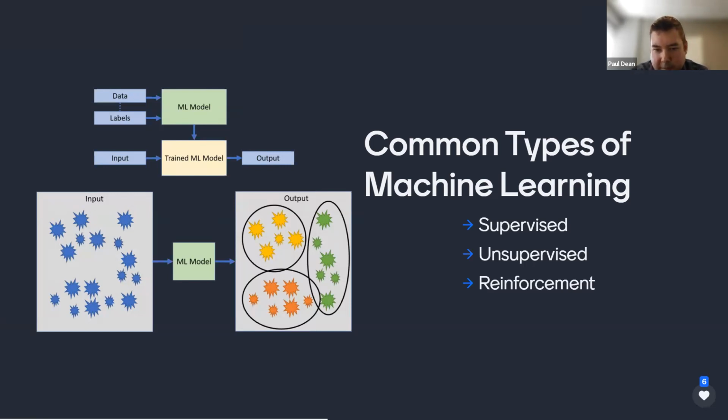And so that second visual there, where you see input with all of the little visuals unorganized, and then the model applied to that data could create some sort of groupings that provide some sort of insight to researchers or industry. And then finally, reinforcement learning is an approach where you use a model to optimize some series of activities